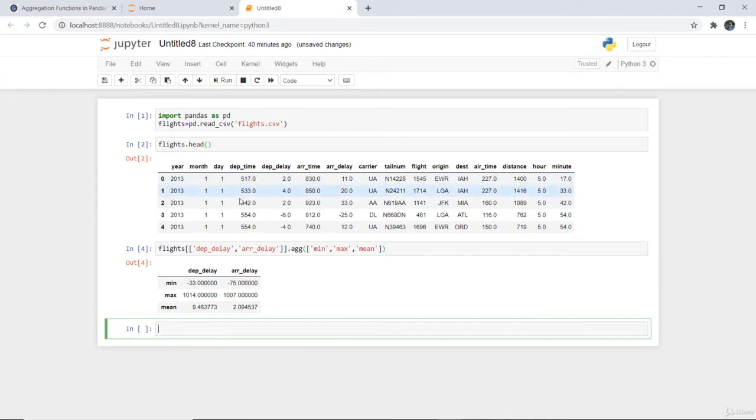As I execute this cell, here you can see that it is showing me the minimum, maximum and the arithmetic mean of the departure delay and the arrival delay columns. Similarly, you can fetch a single value also. If you want to fetch the minimum value from flights, you can write flights dot min.